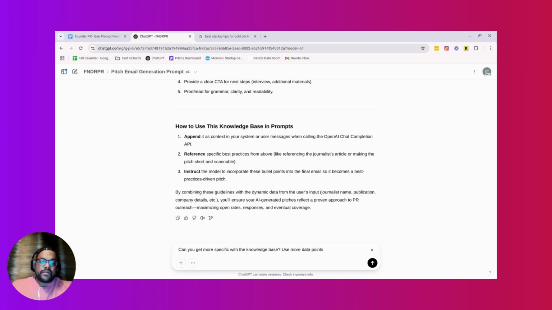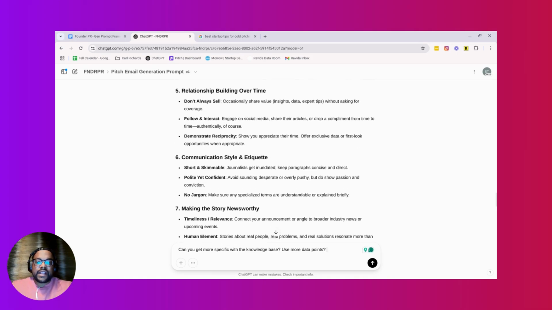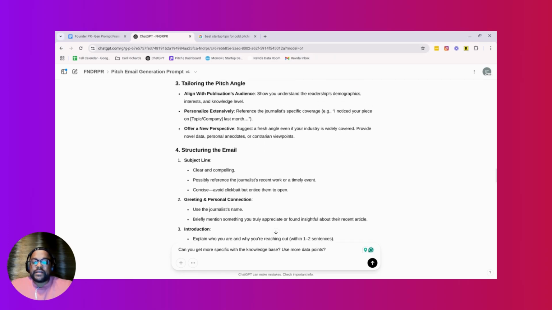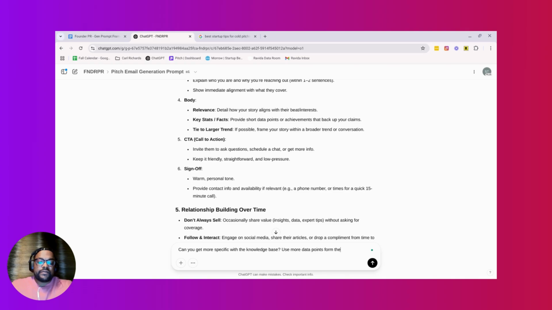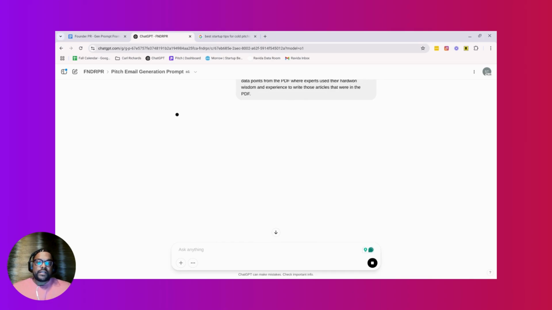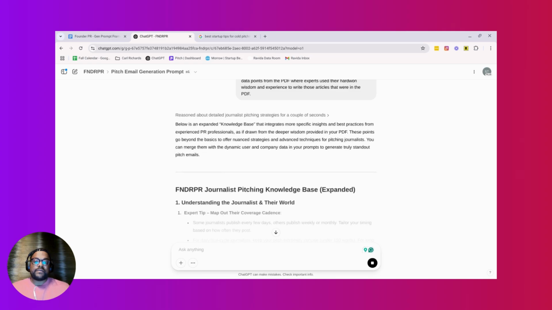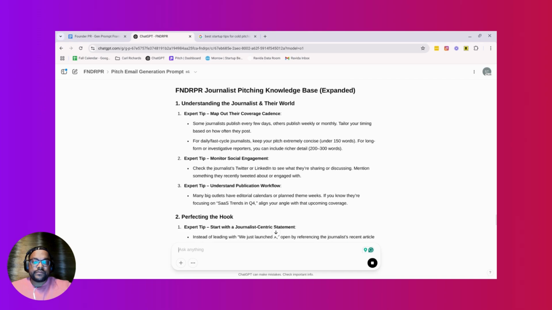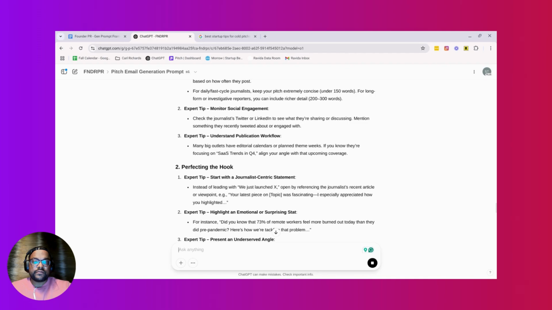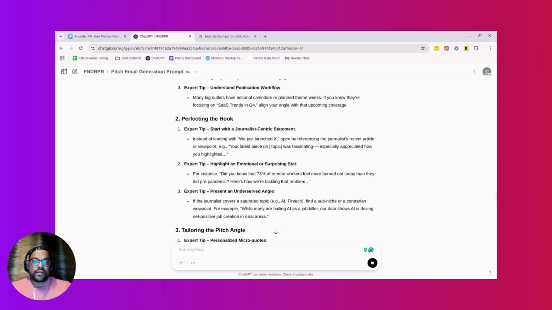Essentially saying that it didn't use enough data points. Like I uploaded 381 pages, and this is stuff that I could have literally just asked it to give me. The PDF is where experts use their hard-won wisdom and experience to write those articles. Yeah, so I wanted to actually build it in something that's serious. You're not gonna be able to do that, but